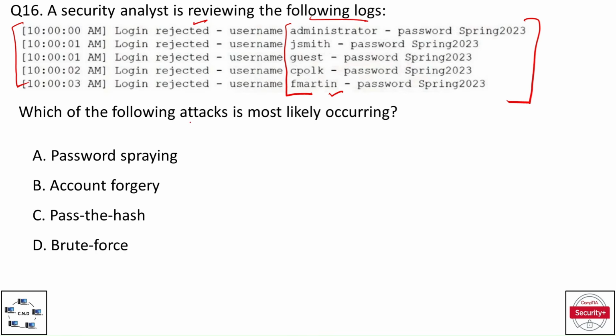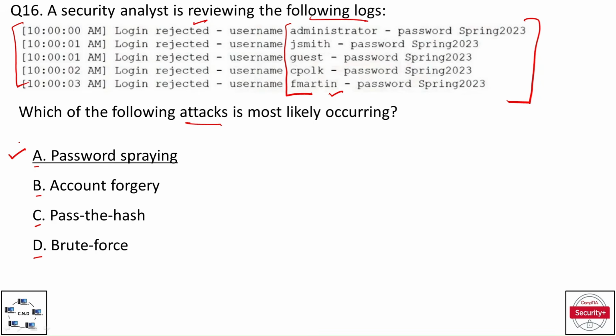So which of the following attacks is most likely occurring where the same password is tested against different login names? The options are option A, password spraying, option B, account forgery, option C, pass the hash, and option D, brute force. And the correct option is